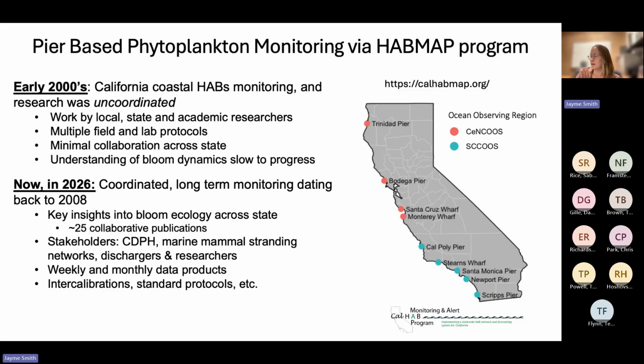And it's funded by the Ocean Observing Network, which is a federal NOAA funded program. And so there's been a lot of work over the last almost 20 years on using this. There's publications and a lot that's been learned. But it suffers from the problems that I just mentioned, where you get your one snapshot of what the HABs